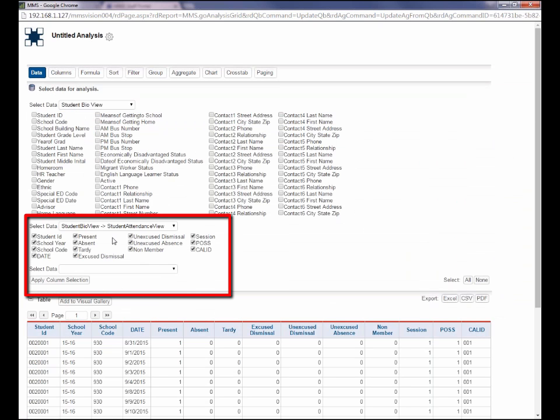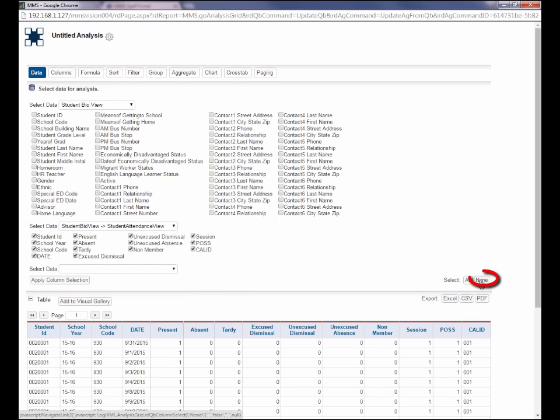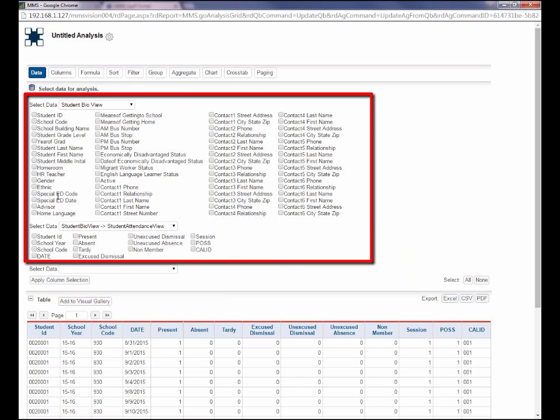And there it is. Because there weren't as many columns, I didn't have to scroll over, but we're going to select none. And now we're going to go through and check the boxes of the information that we want to pull in. I don't really care about the building name, grade level, first name, last name, middle name, no. Homeroom teacher, gender, ethnic, special ed code, yes. Date, no. Advisor, no. Home language, that might be interesting. Immigrant